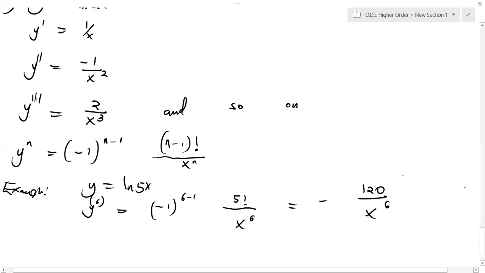Okay, so that's about it, guys, for the higher order differential coefficients as series. So you guys can do the next exercise for practice and see if you can be able to